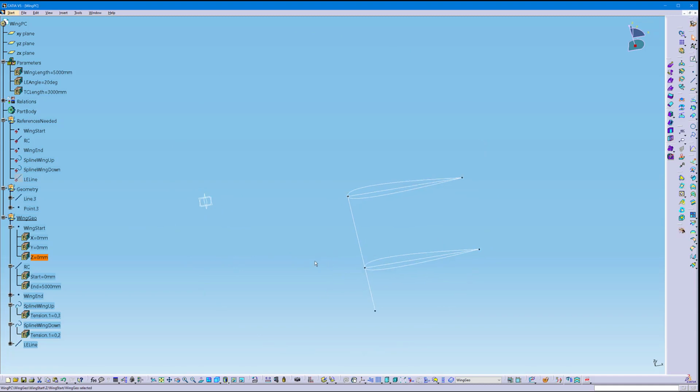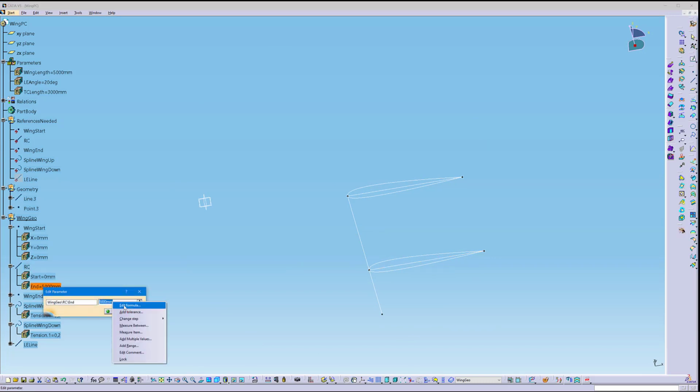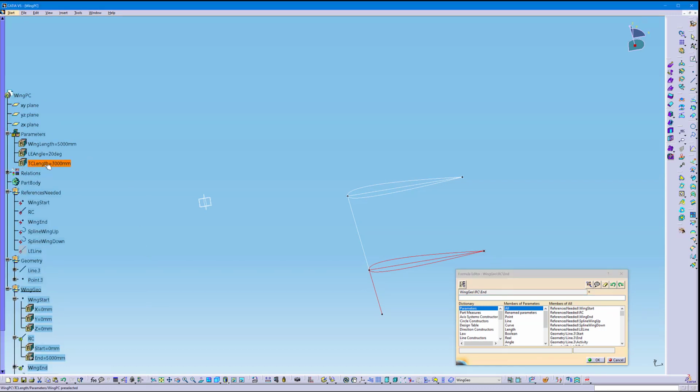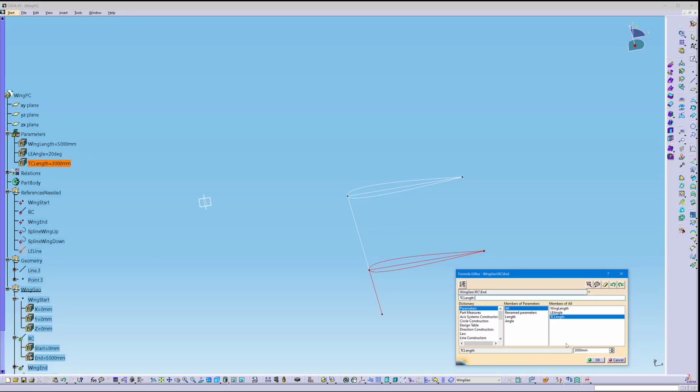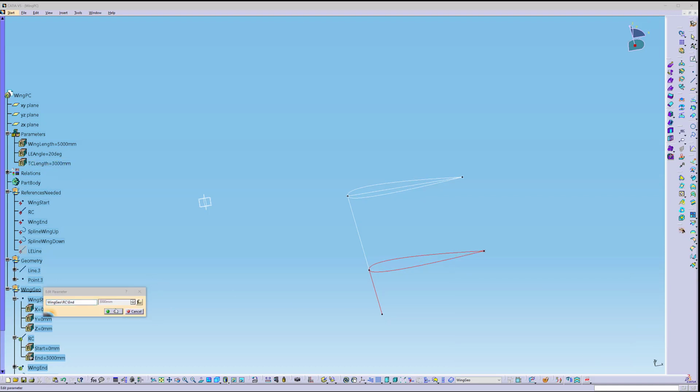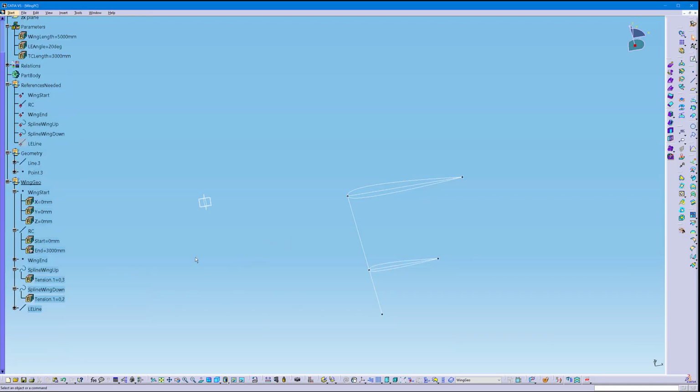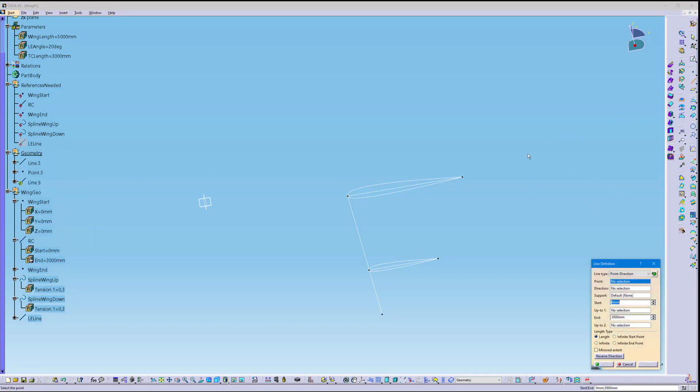And then let's see here, then we have the root chord here, and instead of this value I will edit the formula and then take the tip chord length here instead, as such. So now I didn't have to recreate a lot of geometries here. Then I'll go back to this geometric set, right click, define in work object, and then I will connect this part of the wing to this part of the wing. Now I have my